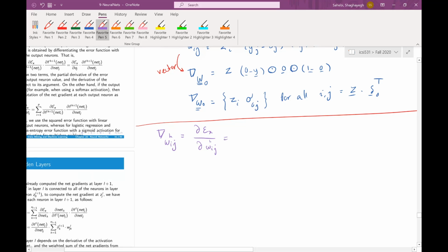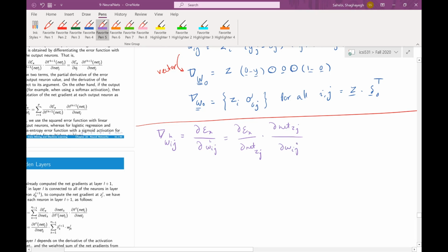So that is going to be equal to the gradient of error with respect to net of Zj, right? So the net of the layer Zj for that hidden layer, multiplied by the gradient of net Zj